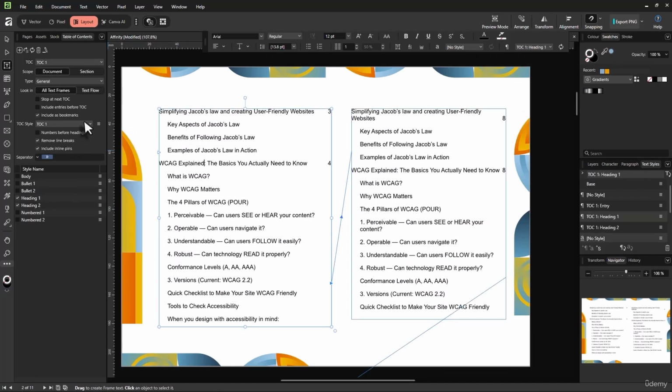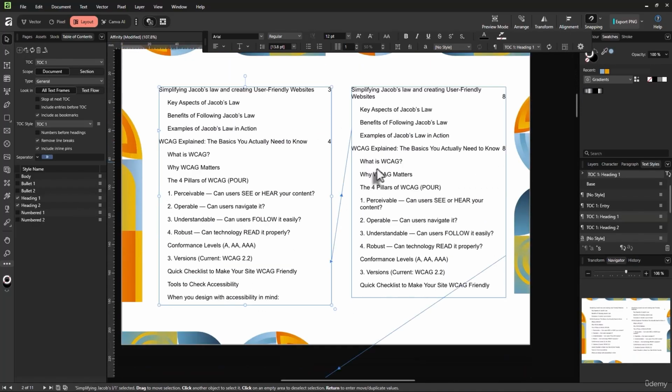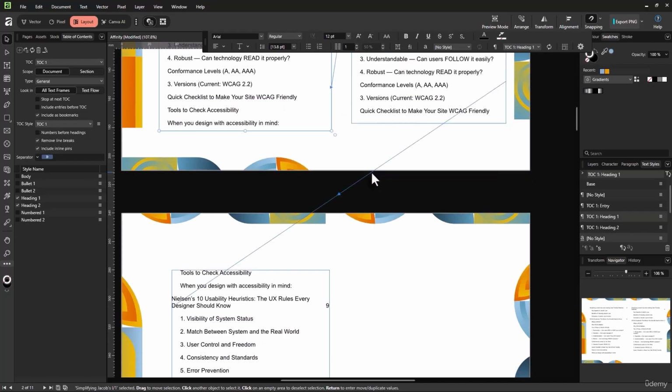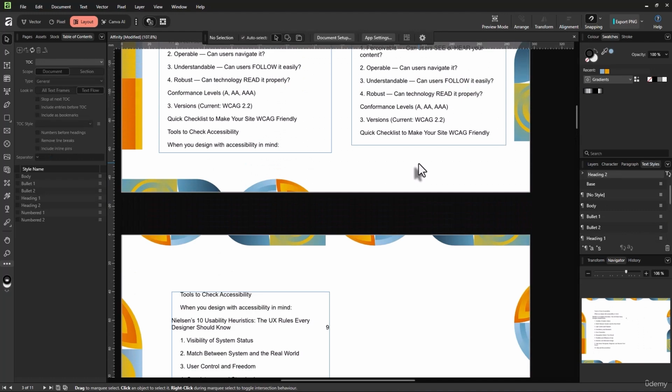And we got another settings here. We have different kind of settings here. But now the final part, everything is completed. And one more thing, if I export this, these links will be clickable. So let me show you first how to export, because the export is a little bit different from the Adobe